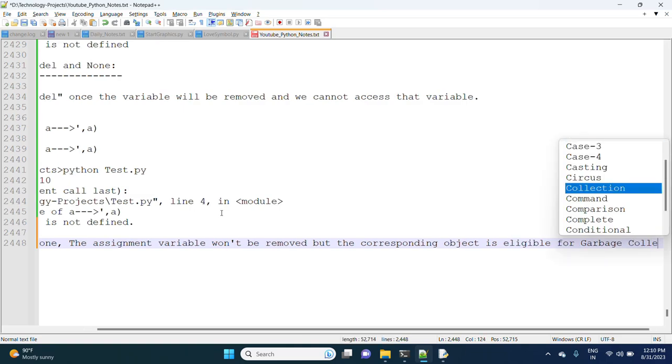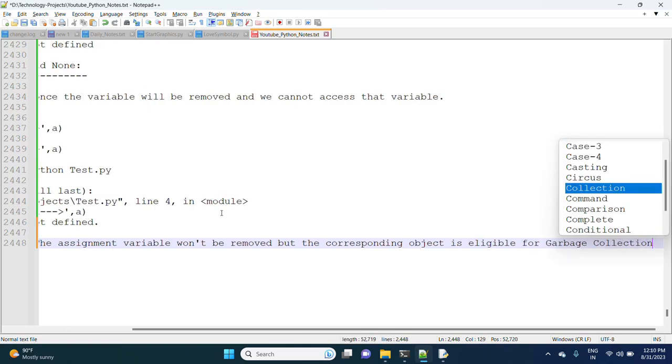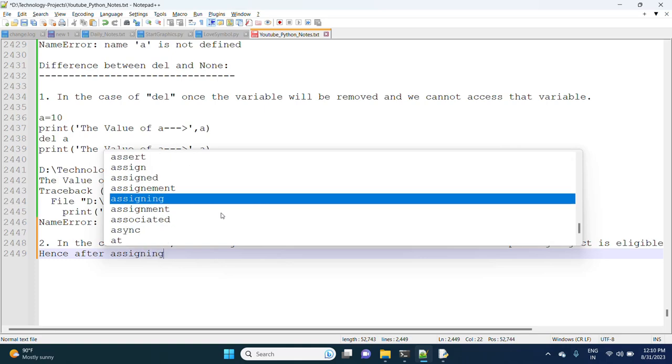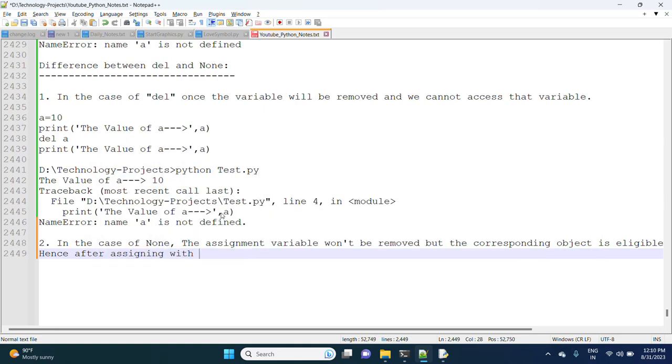Hence, after assigning with the none value, we can still access that variable.